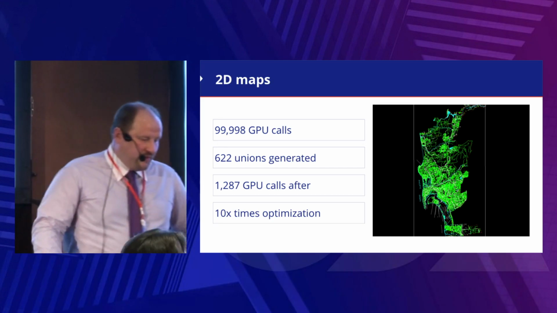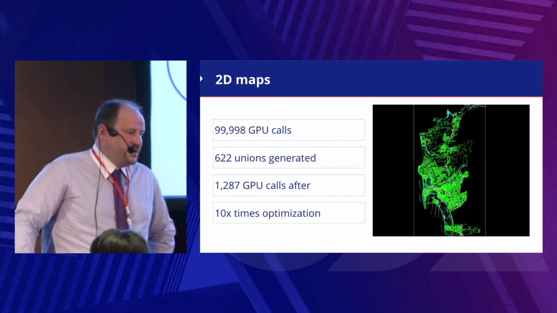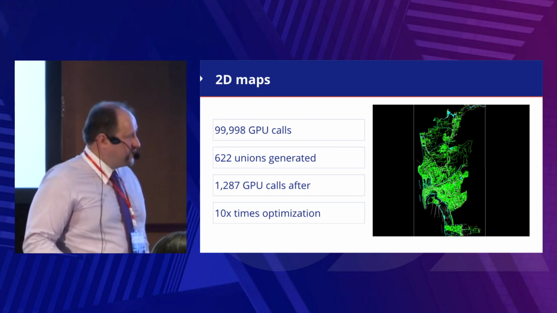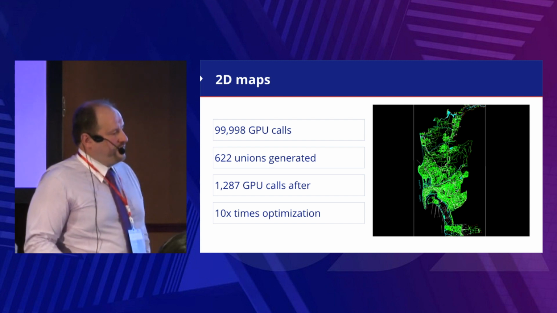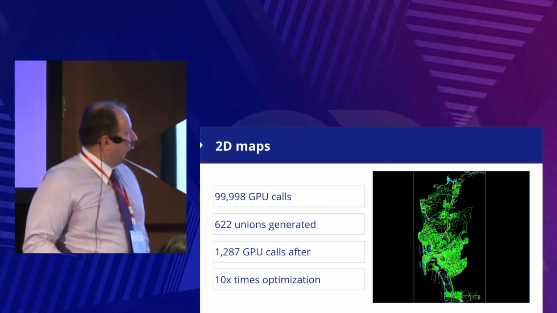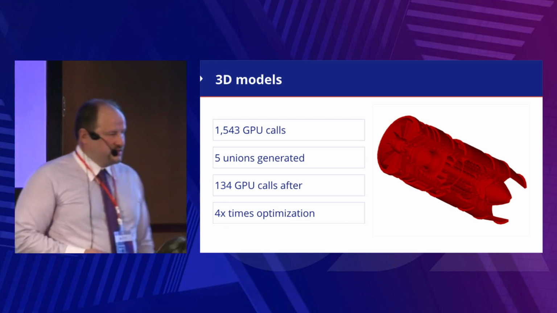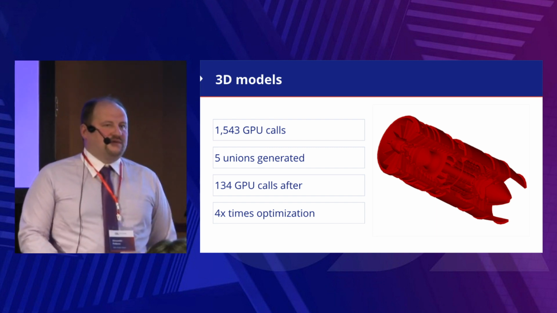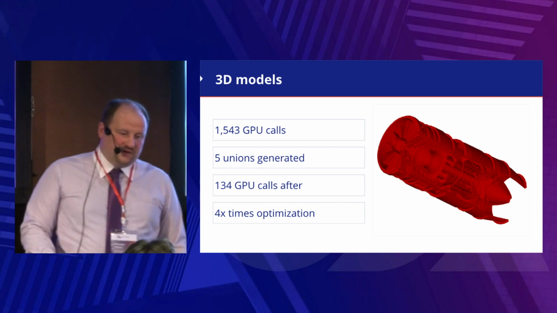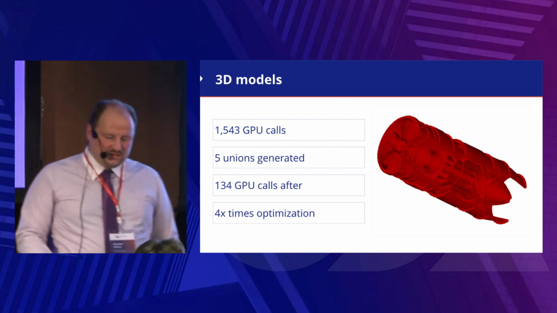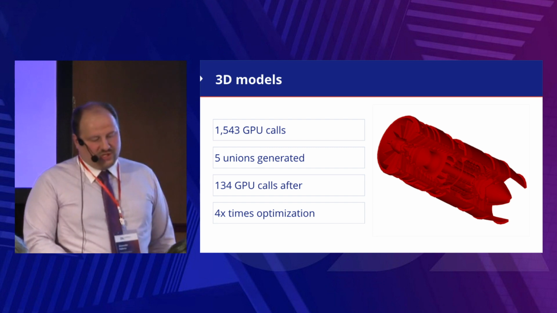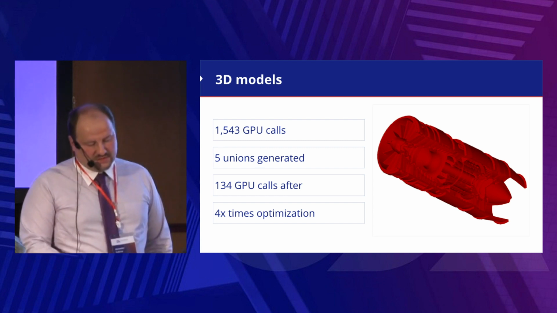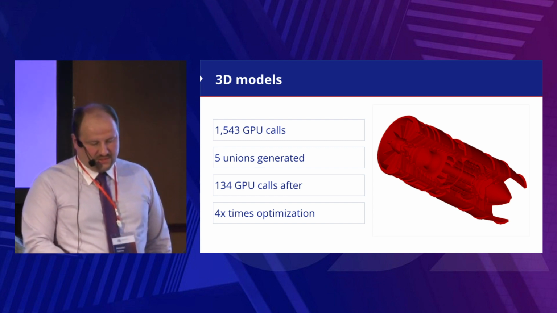The final performance increase strongly depends on the structure of the drawing. The best result we can achieve is for a drawing which contains a significant number of objects with the same attributes. In the case of 3D models, again everything depends on the drawing's complexity. A good result comes when the model contains a significant number of small parts, like for example in this case, where the described procedure allows us to reduce the number of GPU calls practically 10 times and achieve a 4 times optimization.